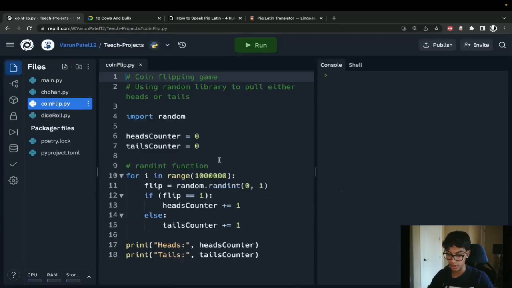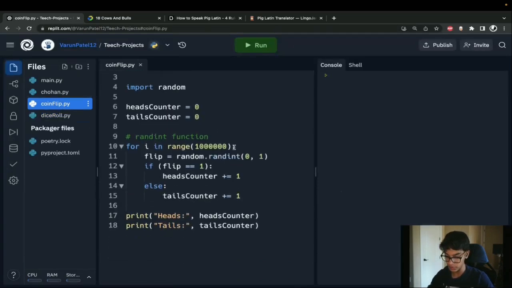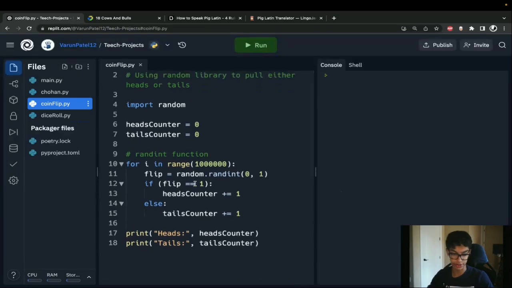We also worked on a coin flipping game. So this is just like heads or tails, right? So you just generate a random number, either 0 or 1. We said that the 1 would be heads. We said that the tails would be 0, right? And we actually had the idea to just flip this coin several times and then see how many times we would get heads and how many times we would get tails if we flipped it like a million times or 10,000 times. And I think it was pretty evenly split. It was about 50-50. So that was pretty interesting to explore. And finally, the last thing we looked at